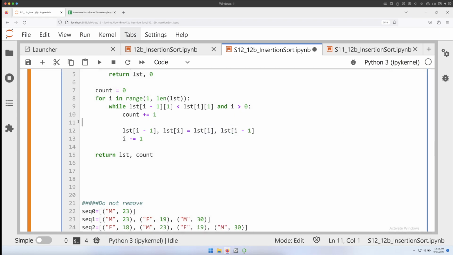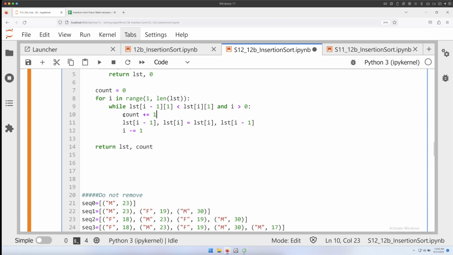Over here, your counter will only advance if these two conditions are met. There are two possible reasons why you didn't enter the while loop. First reason, you made a comparison, but your i is already equal to 0. So if this is true, you have made a comparison, but if your i is equal to 0, you will not go in, so you will not encounter this. Second one is that while this is true,